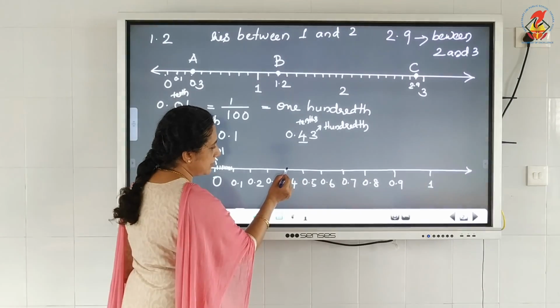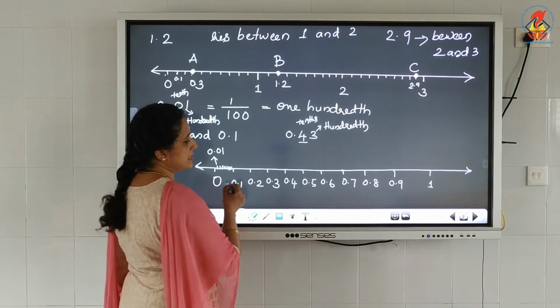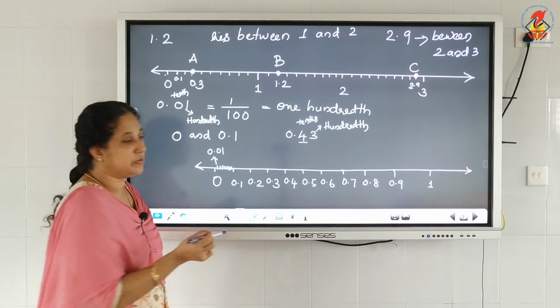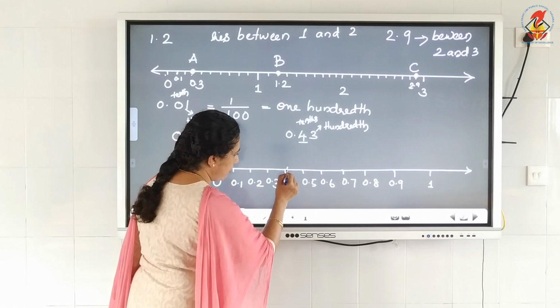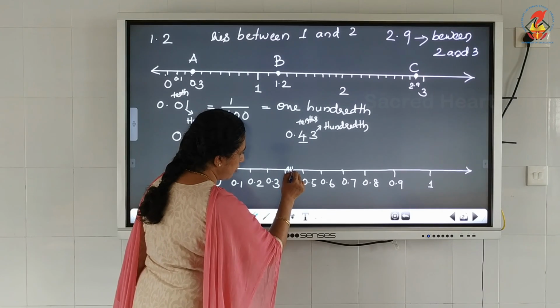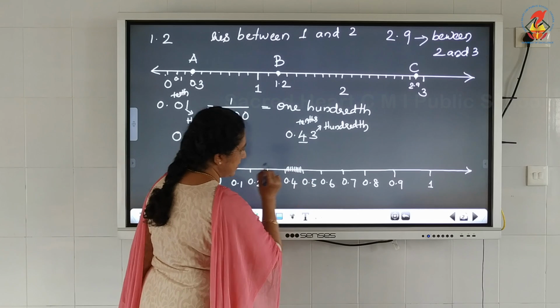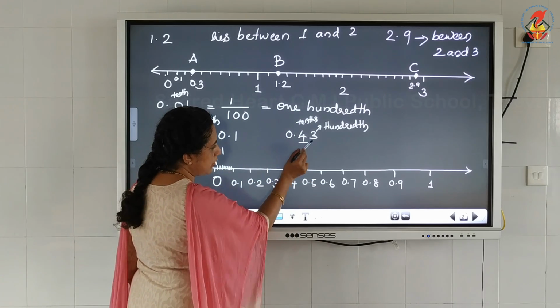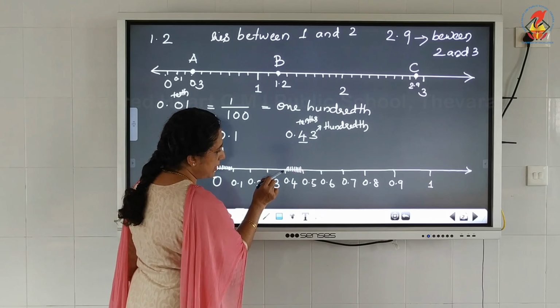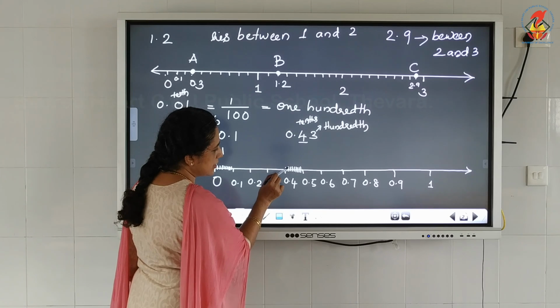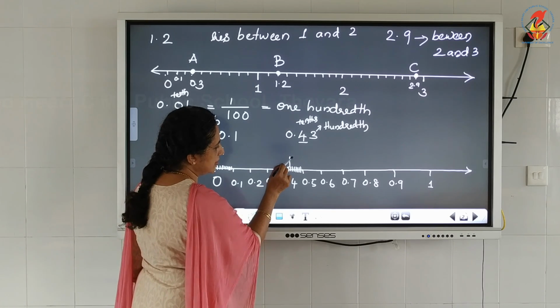Therefore, the distance between 0.4 and 0.5 should be divided into 10 equal parts: 1, 2, 3, 4, 5, 6, 7, 8, 9, 10 equal parts. And for 0.43, the first one will be 0.41, 0.42, then the third one will be